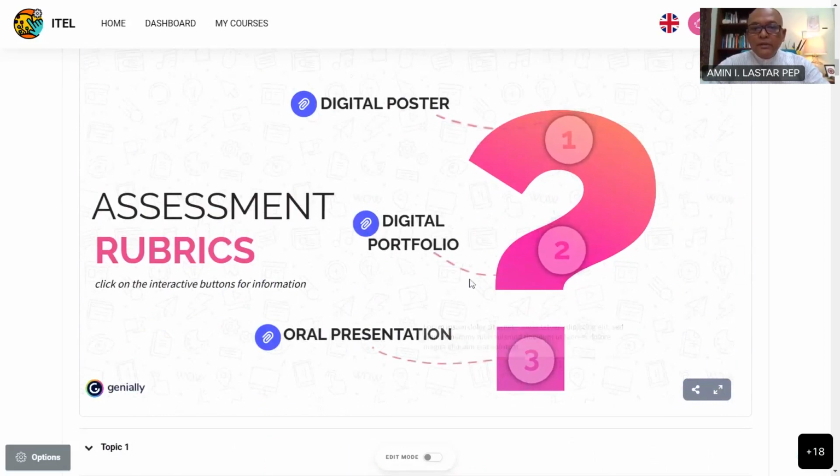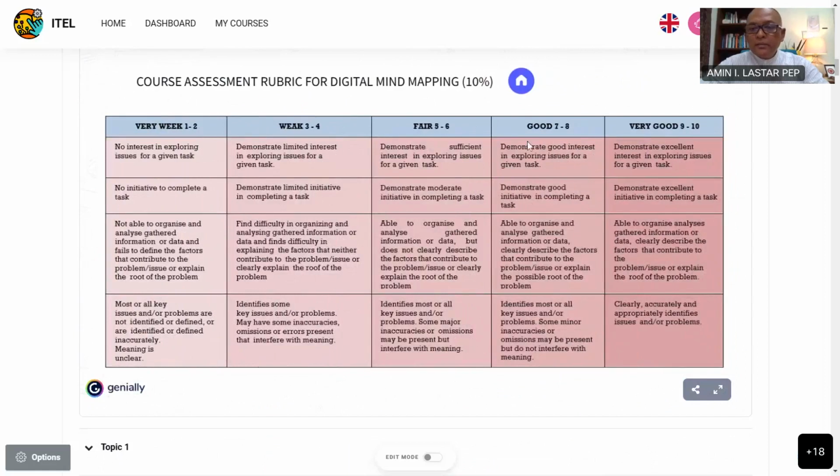I put it in this way so my students can access the rubric anytime, any day and night, 24/7 during the semester, and they will work on their assessment, their assignment based on which marks they prefer. If they prefer only 1 to 2, they can just work on this part. If they think they need 9 to 10, they can work on this part.